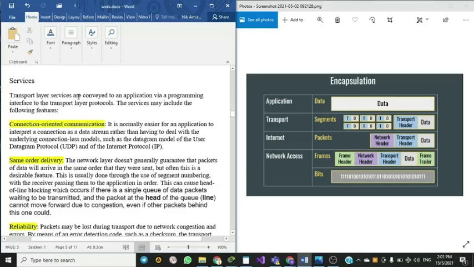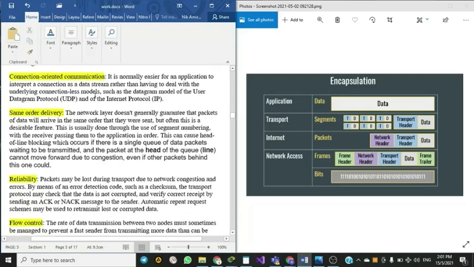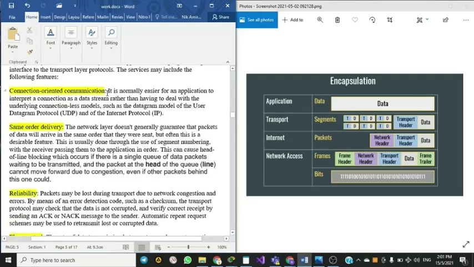Transport layer services are conveyed to an application via a programming interface to the transport layer protocol. These services include connection-oriented communication. It is normally easier for an application to interpret a connection as a data stream rather than having to deal with the underlying connectionless model, such as the datagram model of the User Datagram Protocol and the Internet Protocol. This means